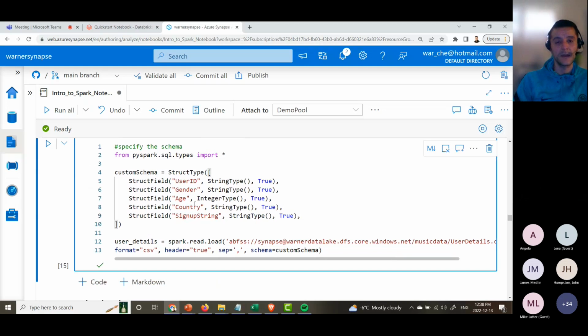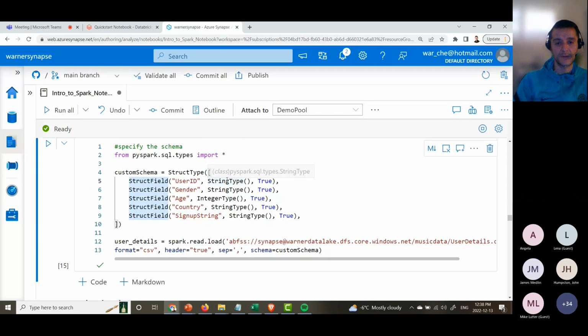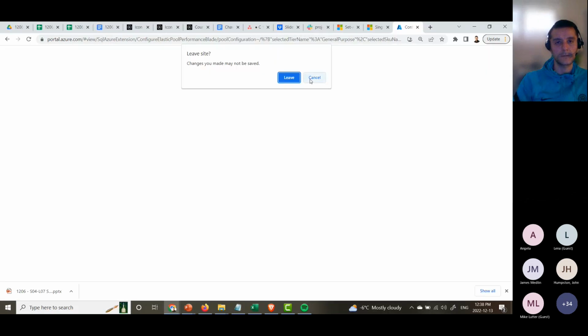So let's say we have some information about users. You can actually specify the types: string, string, integer, strings, and just do a read load again. Same thing with the CSV. And notice we can pass in a custom separator. We can say schema, pass in this object as a Python struct, to basically say, oh,